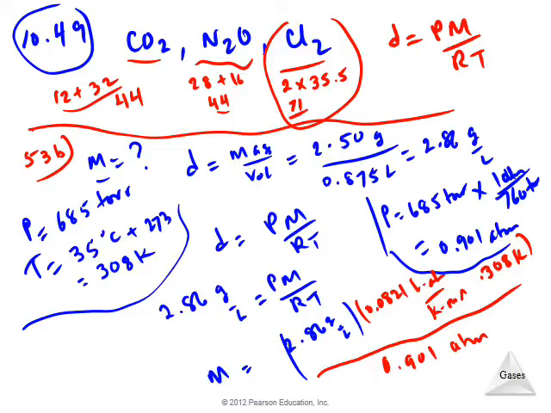Okay, so what I basically did is I used this expression and solved for M. So the first quantity, 2.86, is the density value we already know. So density times R times T. The top number is dRT, so let me write that down. dRT on the top, and on the bottom you have P. So that gives you mass.